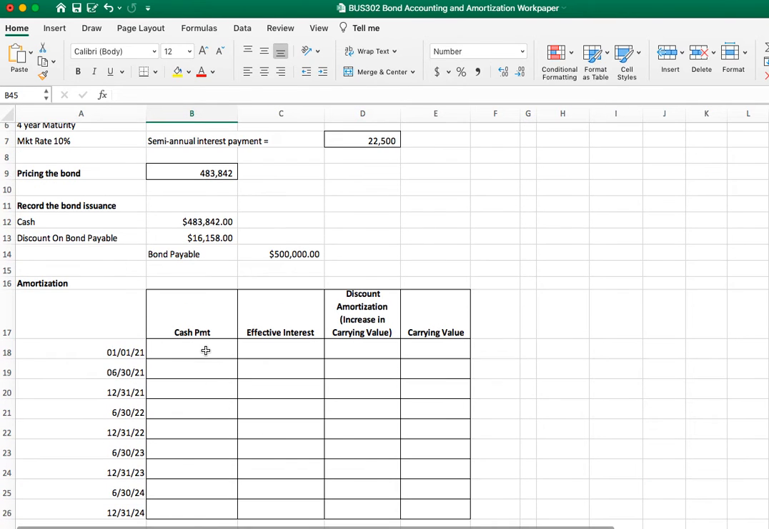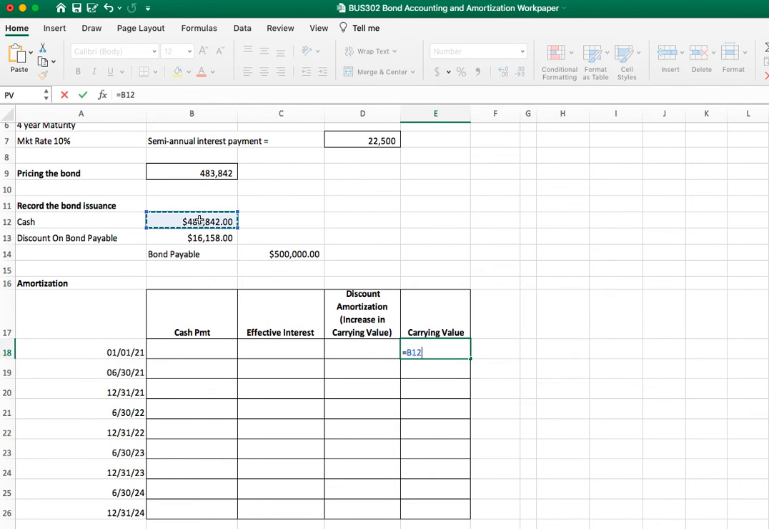So we will assume those bonds are issued on January 1st of 2021. Their initial carrying value is equal to the cash payment that the company received. Every 6 months when the interest payment is made, the company will record an interest expense equal to the effective rate of interest, which is going to be at a semi-annual rate of 5%, market rate divided by 2, and we're going to gradually decrease the discount so that gradually we are increasing the carrying value of the bond. And ultimately, at the end of the 4-year maturity, the carrying value will be $500,000